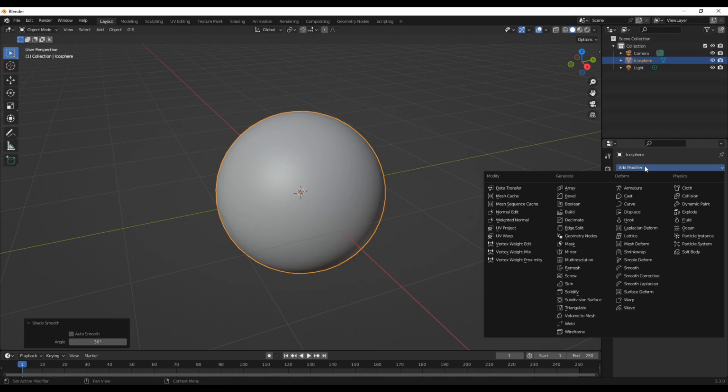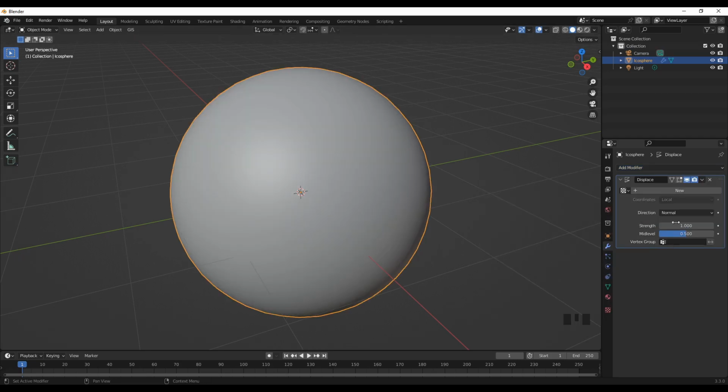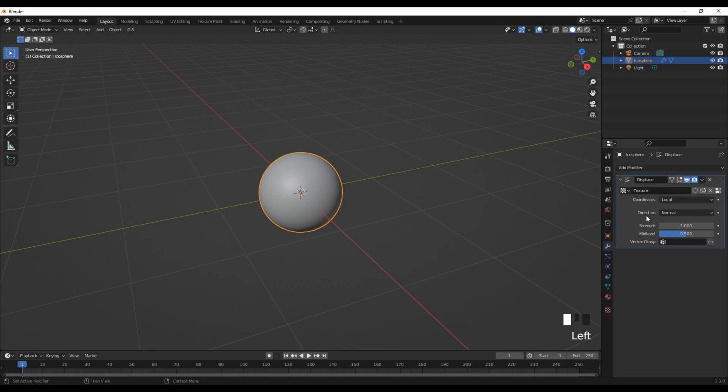and then let's go to deform, and here we can use the displace. We can use the displace in this case. Okay, so here let's press new. So this adds a new texture,